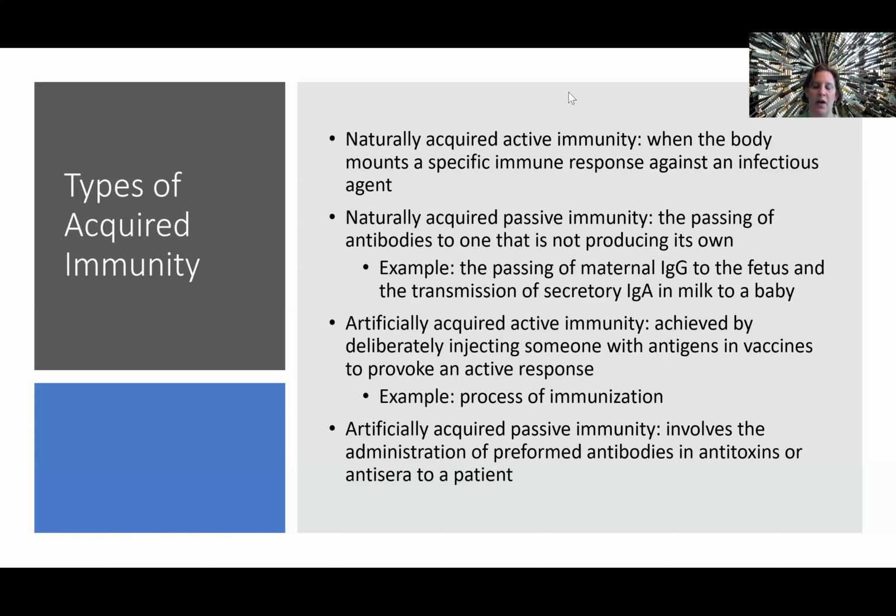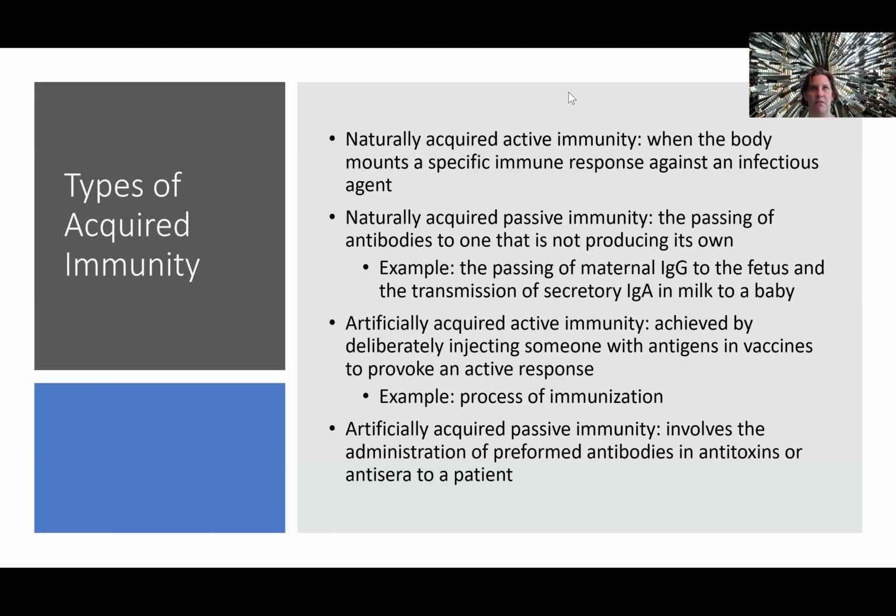Usually you're being injected with a weakened form of a particular pathogen, or maybe not even the whole pathogen, just the outer coat, the antigen piece, the epitope of that particular microorganism or disease. And in any case, we're injecting you with something that causes an immune reaction. Your immune system then believes it's being invaded by something that can hurt it. And then it begins to make those memory cells for cell-mediated processes. It also begins to make antibodies that are also stored in other memory cells,